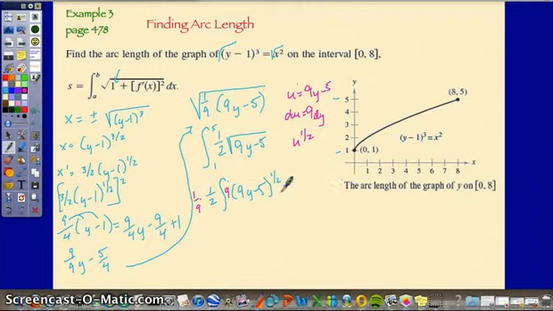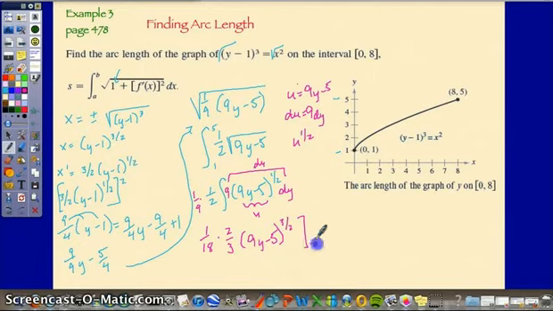The 9 and the dy are the du, and of course 9y minus 5 is u. Well, the integral of u to the 1/2 is 2/3 u to the 3/2. So this becomes 1/18 when I integrate this, times 2/3